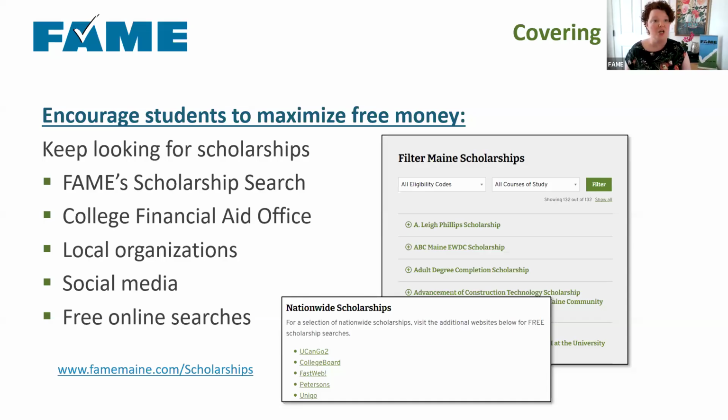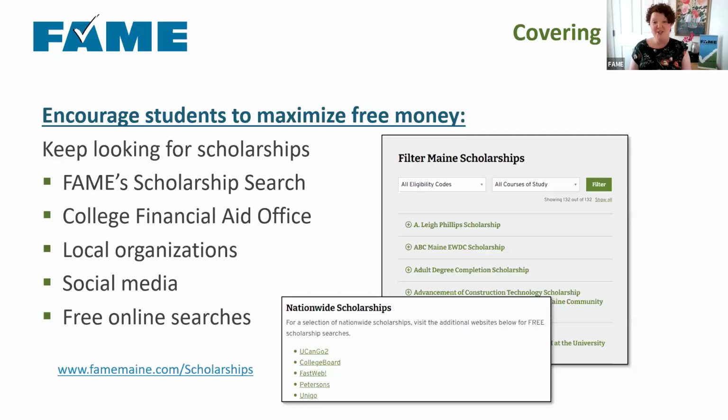So a couple of places that we think are great to look for scholarships, certainly our website at FAME, we have a Maine-based scholarship search. We also have a scholarship tracking sheet that they can use to keep everything together in one place. When it comes to scholarships, I really think junior year in high school is a great time for students to start. Their high school career is busy, but it's a little bit less busy than it gets in senior year. And they've got that summer between junior and senior year where they might have a little bit of extra time to focus on scholarships to build that list. So use that spreadsheet to help them build that list.